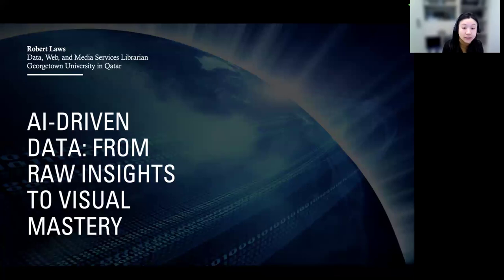He studied history, receiving a BA and MA from George Mason University, and also received an MLS degree from SUNY Buffalo. Robert is currently involved in many different projects in Georgetown, Qatar, including teaching courses on data visualization and artificial intelligence. Robert has played a leading role in the university's engagement and adoption of emerging technologies and running the library's innovation lab for advanced media and technology teaching and learning since its inception in 2023.